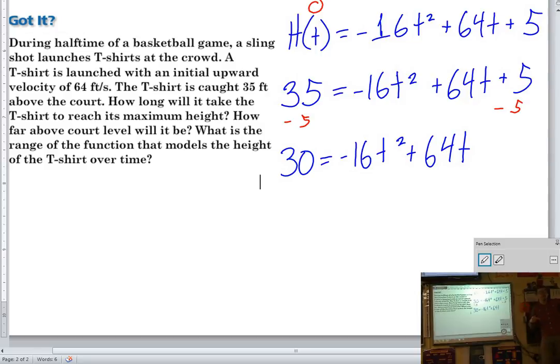But what I want to do before I try to solve this is put it back into quadratic form, which means get it equal to 0. So this can now actually become